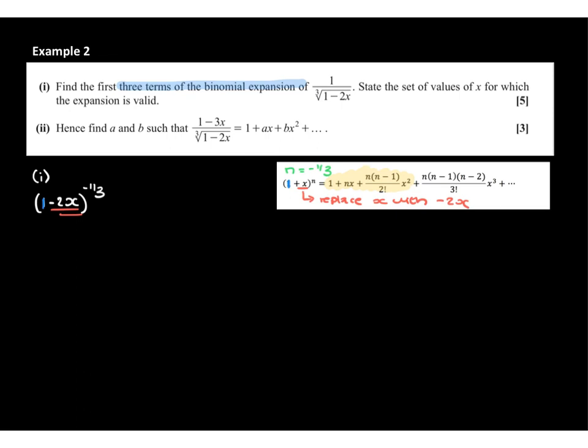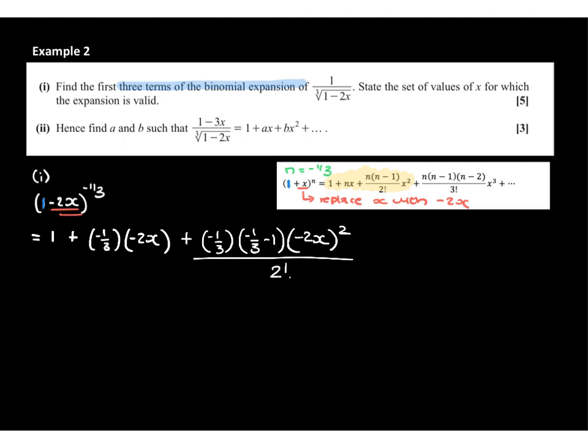So we have 1 plus n, which is negative a third, multiplied by x, which is negative 2x, plus negative a third, which is n, multiplied by negative a third minus 1, n take away 1, multiplied by x squared, all over 2 factorial. And in theory plus dot dot dot, but we're going to stop there. So let's simplify our terms. So we have 1 plus 2 thirds x